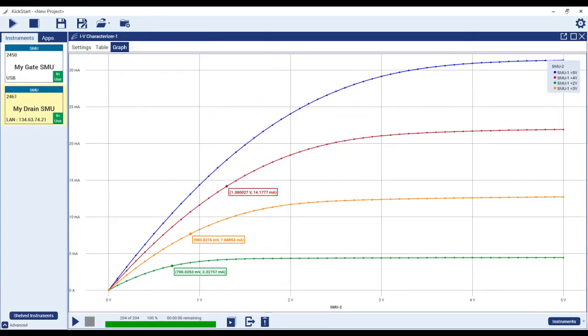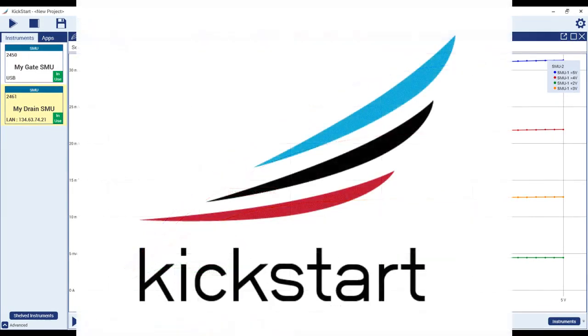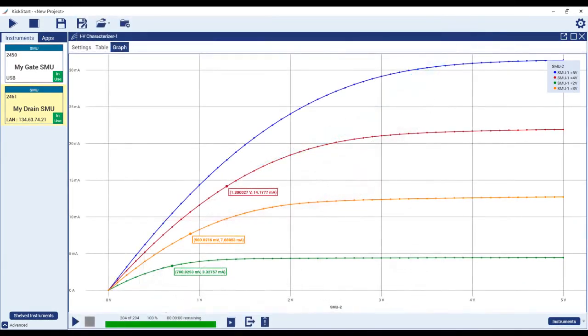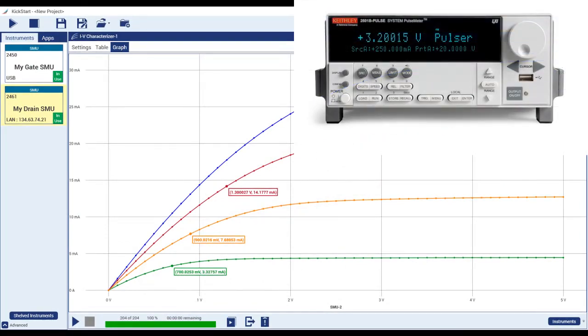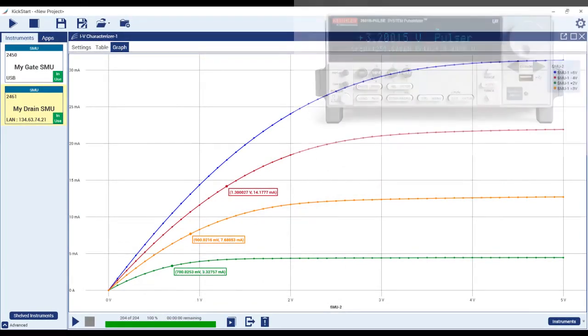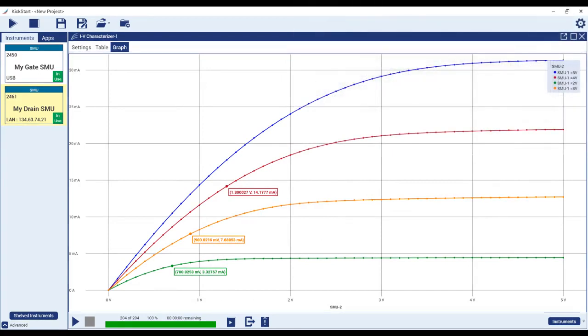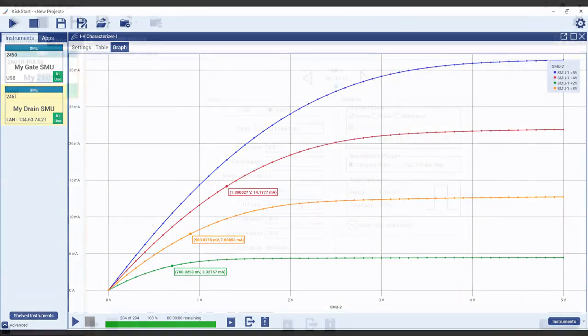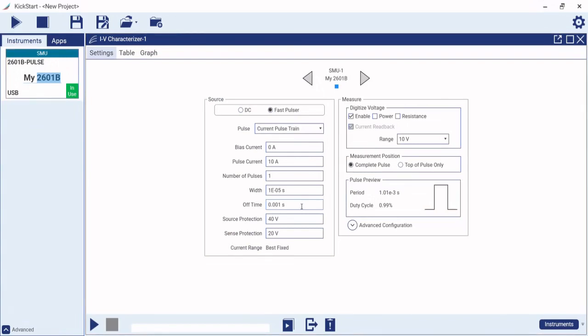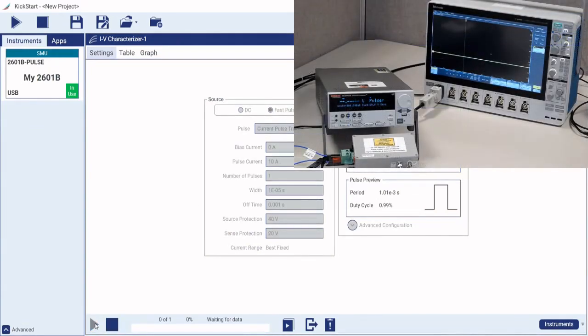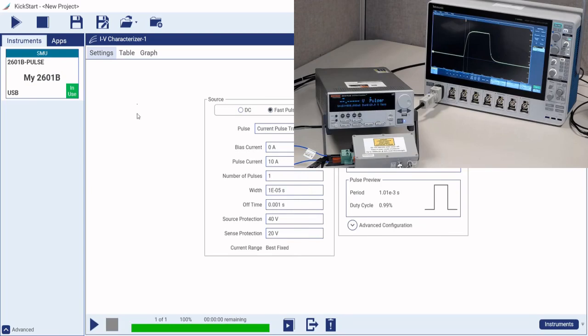In this video, we will show you how you can use Keithley's Kickstart instrument control software to create fast pulses and fast pulse sweeps for the new Keithley 2601B Pulse Pulsar Source Measure Unit and quickly analyze your results. With Kickstart in the fast pulsar mode, we can easily just select the defaults to output 10 amp 10 microsecond pulses that can be applied to a device such as a laser diode and measure the resulting voltage on the